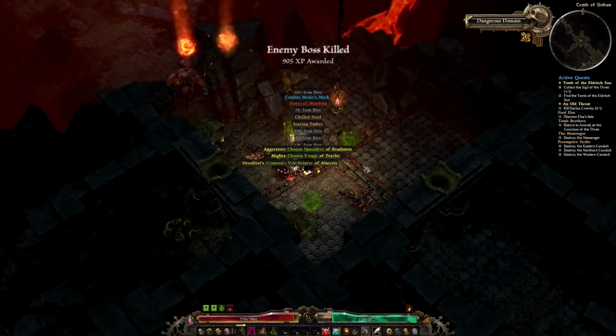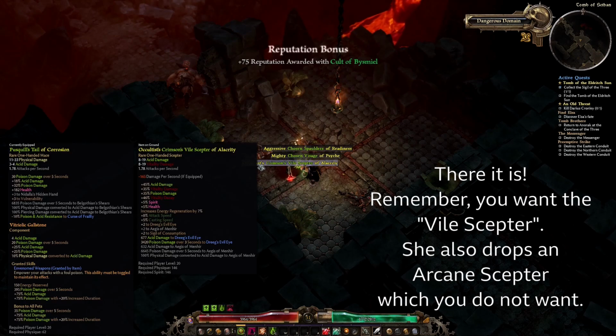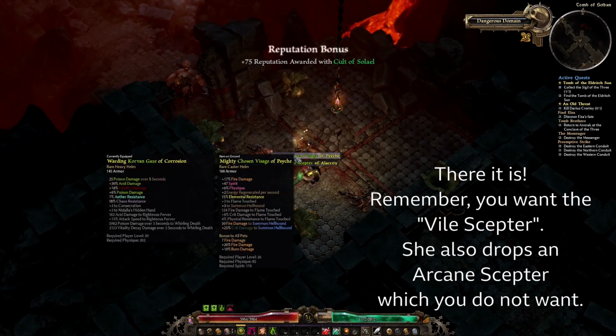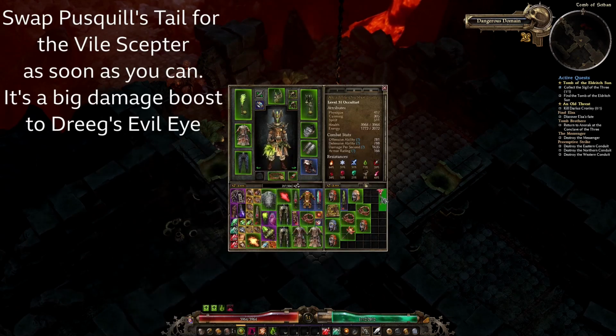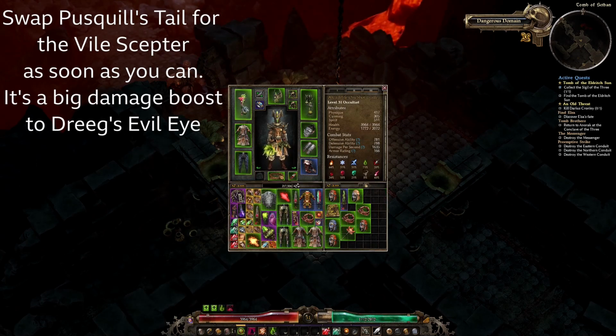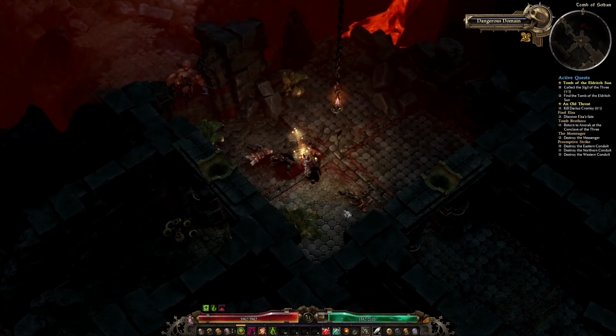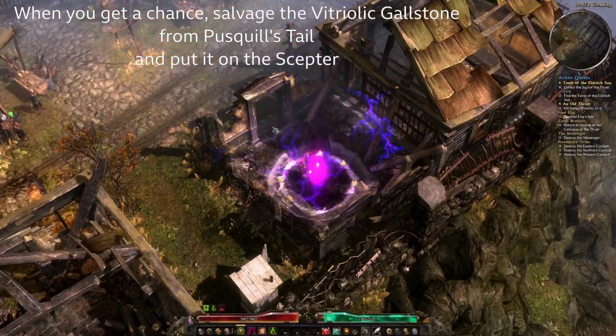There you go. Occultist Crimson Vial Scepter. It's got Occultist on it, but it's got Sigil of Consumption, which I don't use. And what you need to do now is swap it over with Pascal's Tail, and then when you get a chance, go and take the vitriolic gallstone off Pascal's Tail, because you don't need Pascal's Tail anymore,